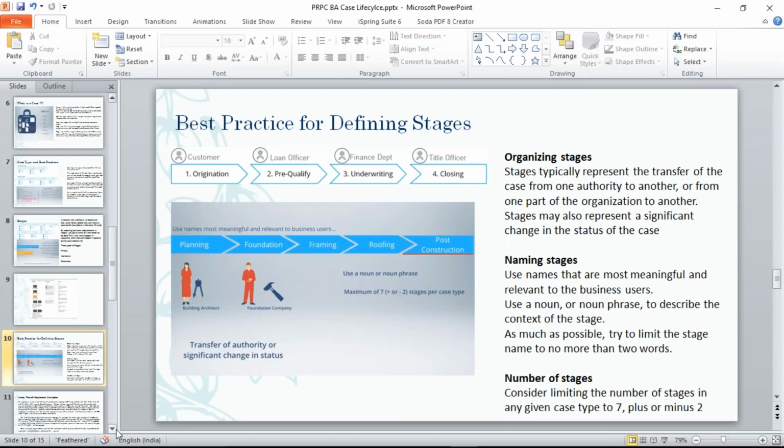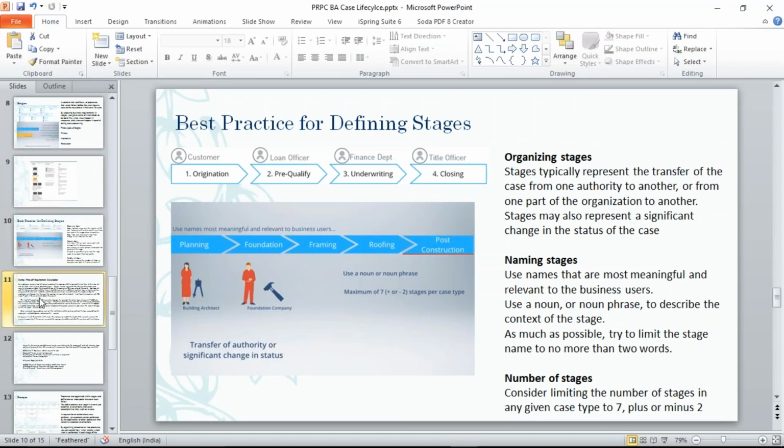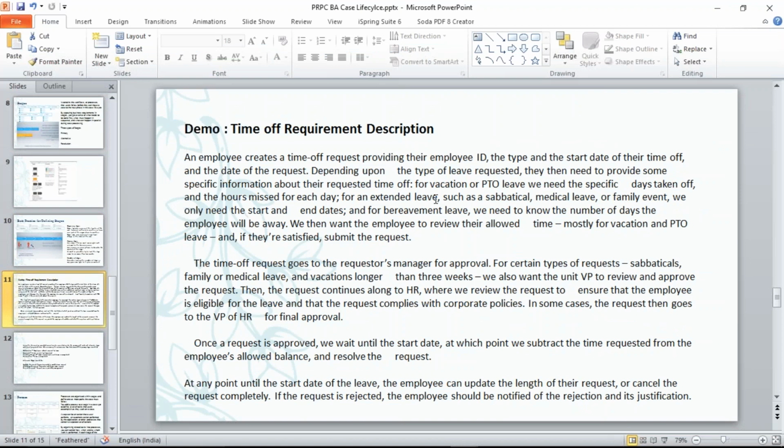Today, I'm going to show you first, and then we are going to do this demo. There is one description we have, and we want to convert that into a case. We have already given the name as time off for our case. We are going to work out what the different alternate stages and primary stages are that we can achieve from the time off application. Before that, I'll show you how we can create cases, and then we are going to create our demo part of it.